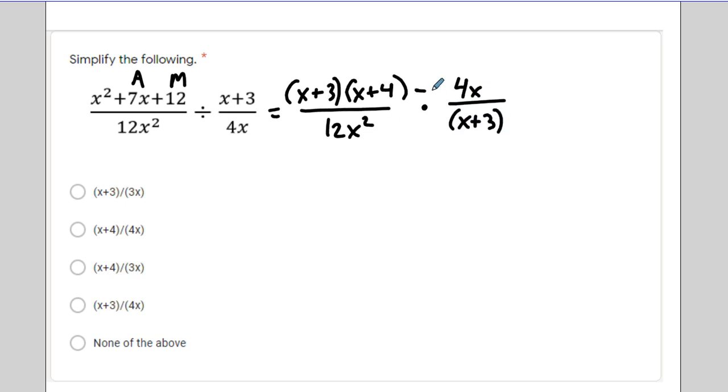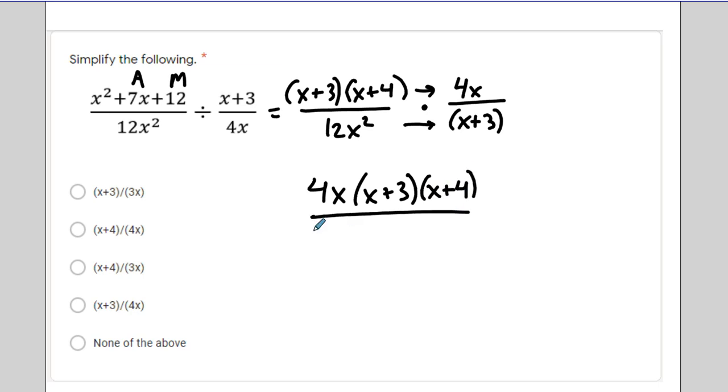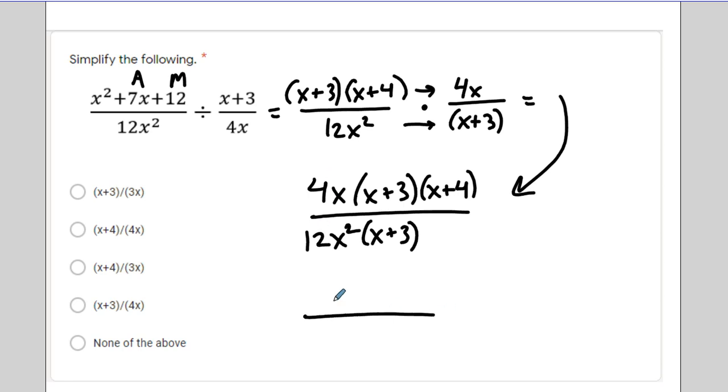Then I multiply straight across. I'm going to put this out front, so I have 4x. (X plus 3)(x plus 4) over 12x squared times (x plus 3). Now, once I have everything over one fraction, that's when I'm going to start to simplify some things. 4 over 12, that's going to make 1 over 3. X over x squared, this x will be down below. Up top, this will divide out, make 1, so I have an x plus 4 up top. So what do I really have? I have x plus 4